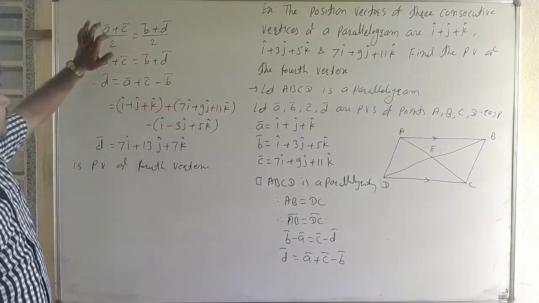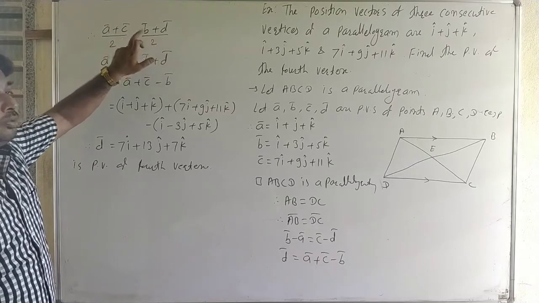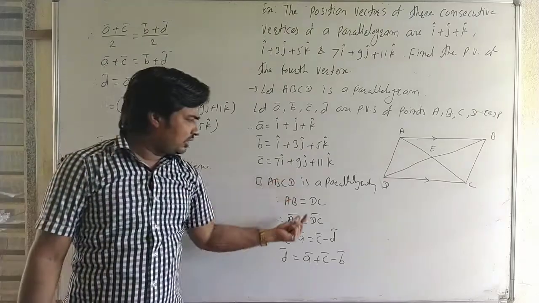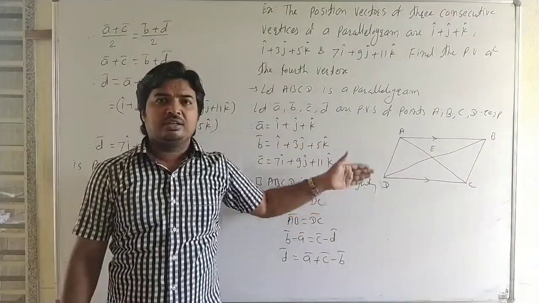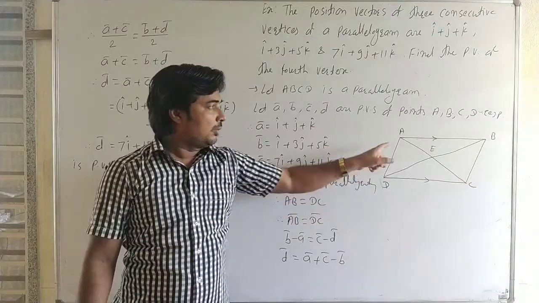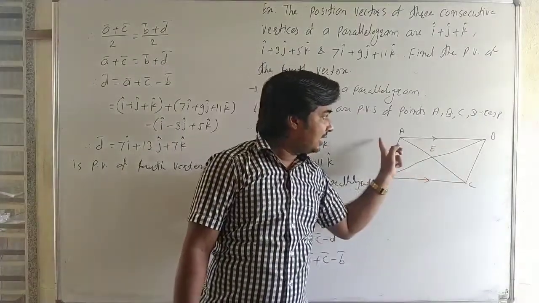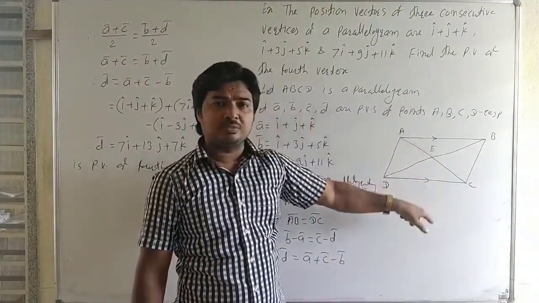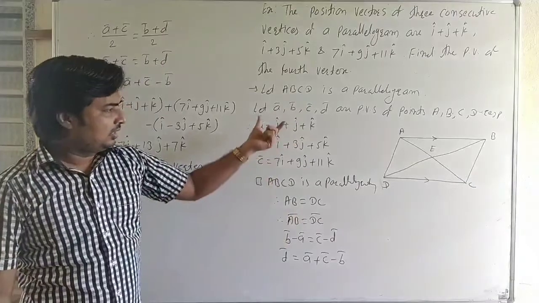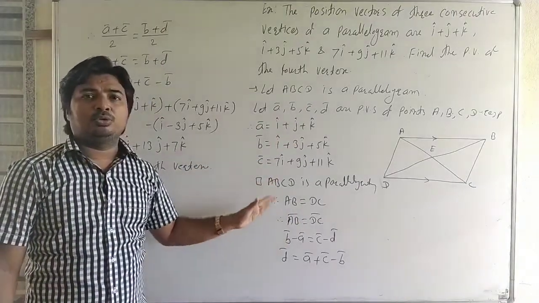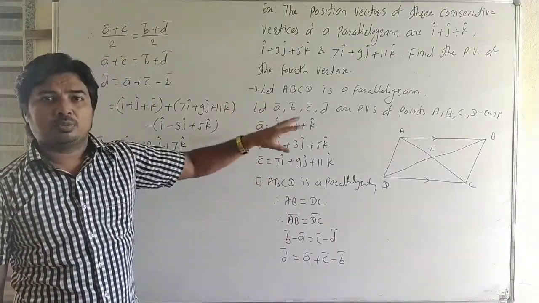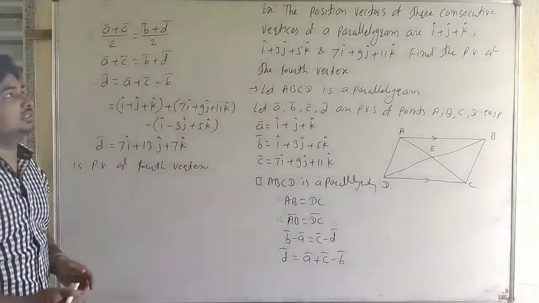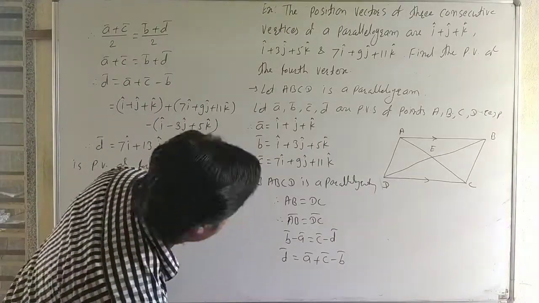The same calculation again. Which condition did we use here? In the first method, the midpoint of both diagonals is the same, and then we get the fourth vertex. In this method, we use the condition that opposite sides of the parallelogram are equal and parallel. Therefore the magnitude of opposite sides is the same, and the direction of vector AB and vector DC is also the same. We can also use AD and BC. Whichever method you take, you get the fourth vertex. Just use the properties of the parallelogram correctly. Use either the diagonals or the sides, and the answer is the same either way. Okay, now we see the next example.